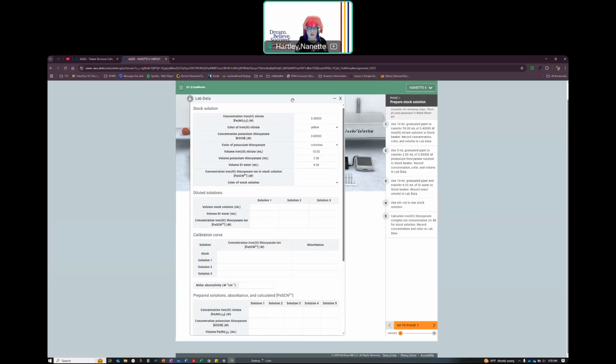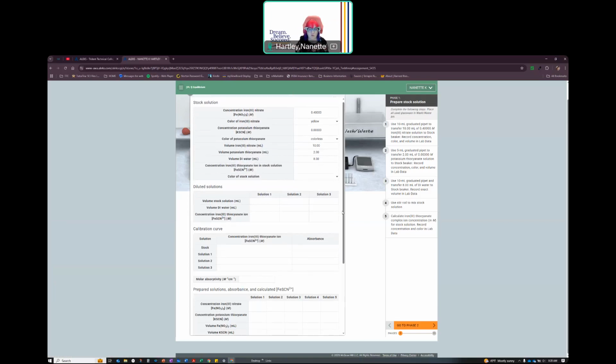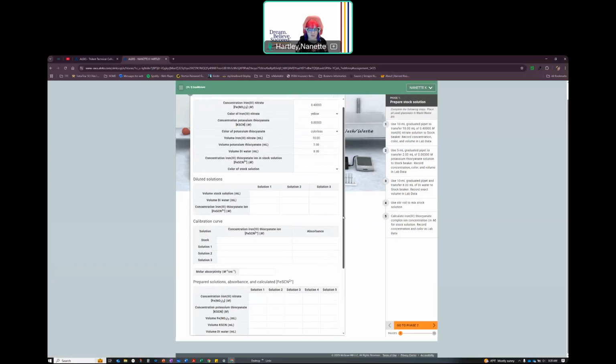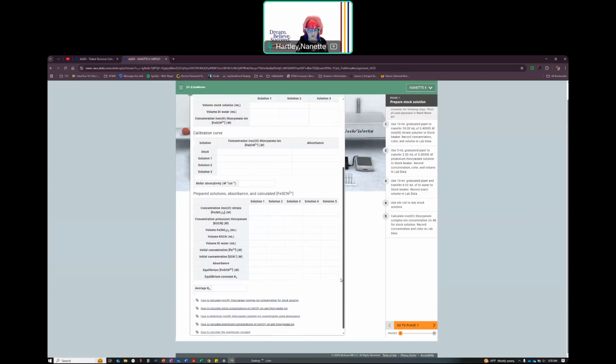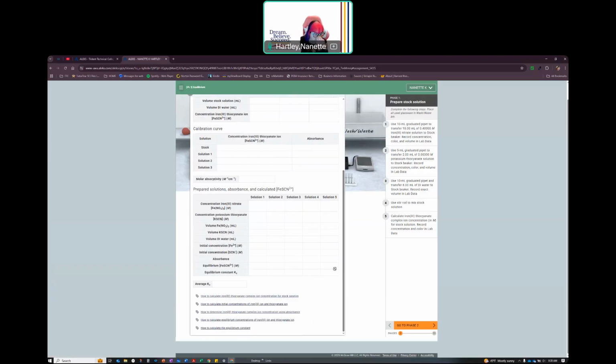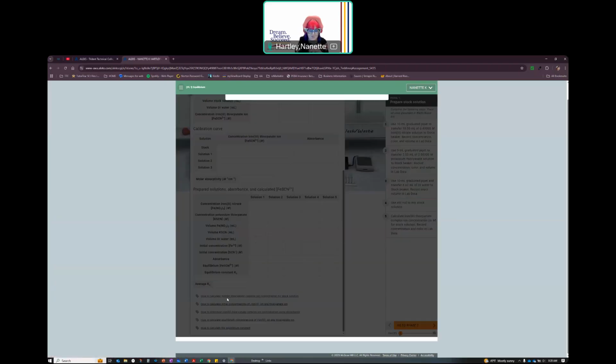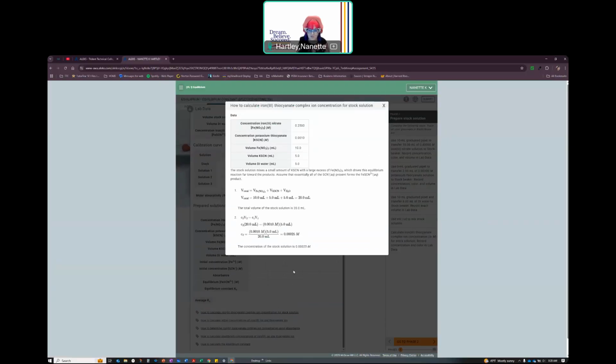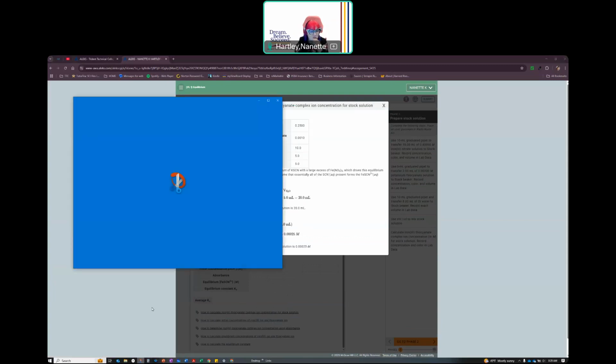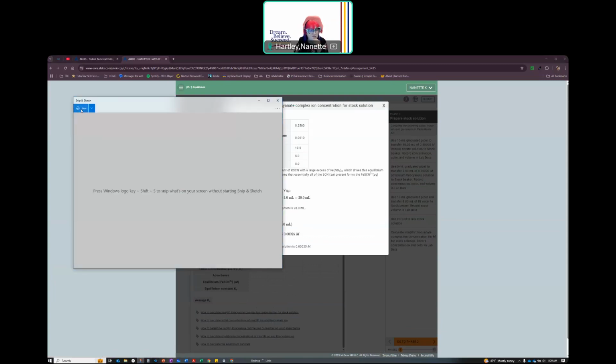So what I'm going to do is scroll all the way down to the bottom of this data thing. There's a bunch of data that you're going to collect. But down at the bottom of this, you're going to see there's a whole bunch of little pieces of info down here. And it says how to calculate this, iron 3 thiocyanate, how to determine it. If I click this, it gives me this piece of information. Now, I'm going to go ahead and do this snippet,